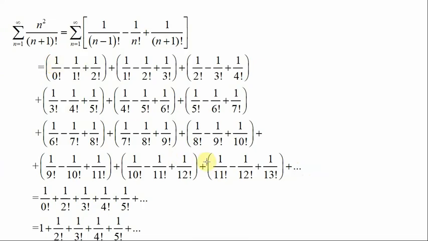first 9 terms, and then we can see that this term right here and that will cancel each other out, and then this one will cancel each other out. And then these two will cancel out with these two. And then these two will cancel out with these two. And then these two will cancel out with these two. And then we can see that these two